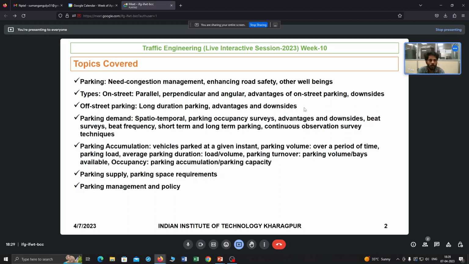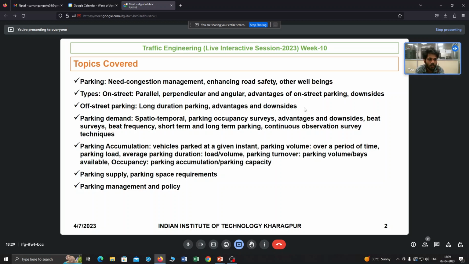Also, now there is a parking demand. Is it that at a particular location more vehicles are coming to park, or fewer vehicles are coming for parking? If you want to plan a parking facility, you should know where parking demand is high. Suppose, let's take an example, in CBD areas during work hours there will be more demand for parking, right, in contrast to a residential area.